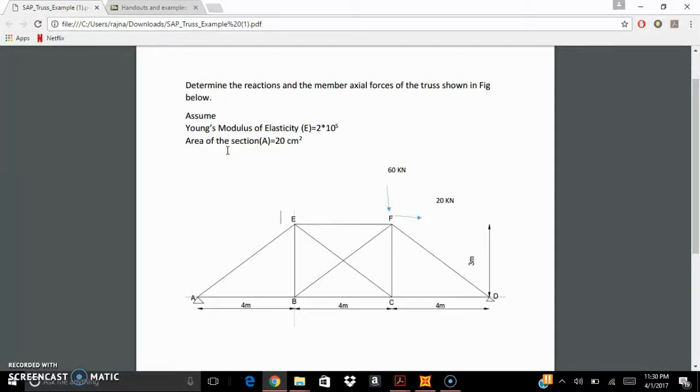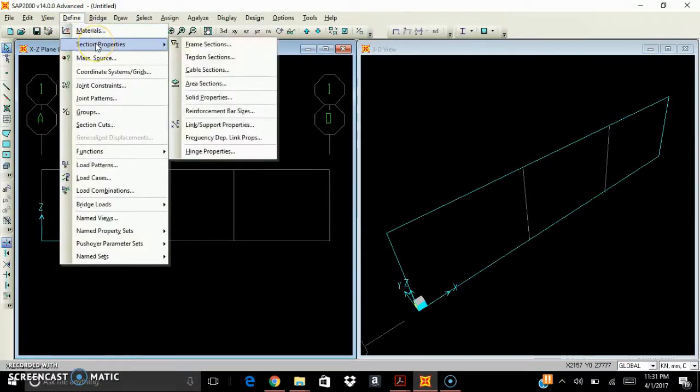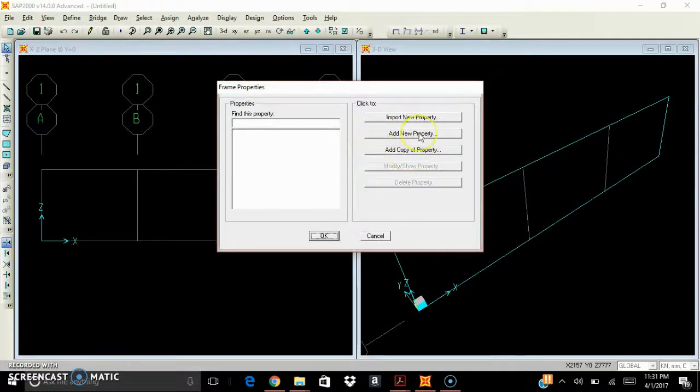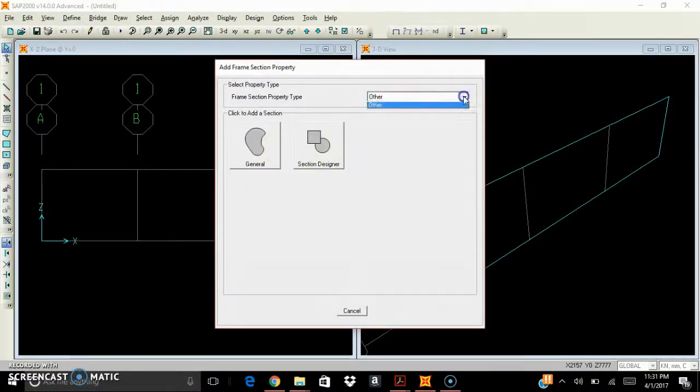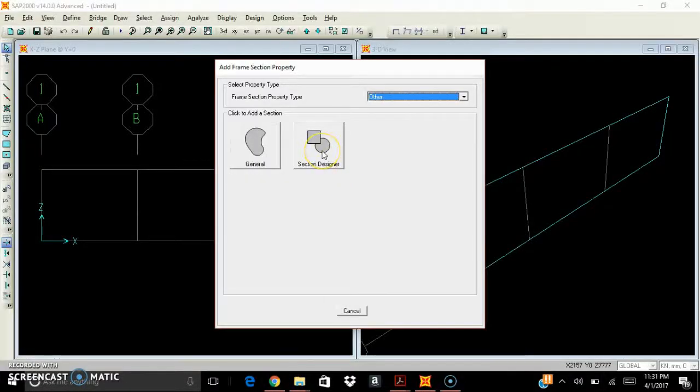If it is a frame or column element or beam element, then we need the moment of inertia value. But for trusses, we don't need it. To define the section, go to define and click on section properties and frame sections. Click on frame sections, and in here click on add new property. Since the type of cross section is not specified, I'm just going to create a rectangular cross section from the section designer that will meet the area we have to provide. The area must be 20 centimeters square. So click on section designer,